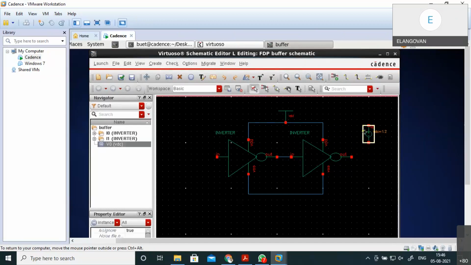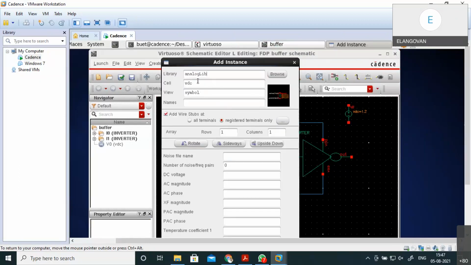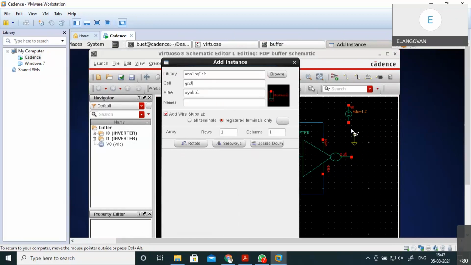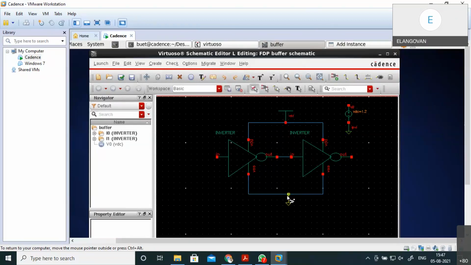Go ahead for this. And I'm instantiating my ground value. Ground means the ground symbol I'm taking. The ground is ready. Here it's ground or VSS. I'm taking one more ground for input, and a V bit.